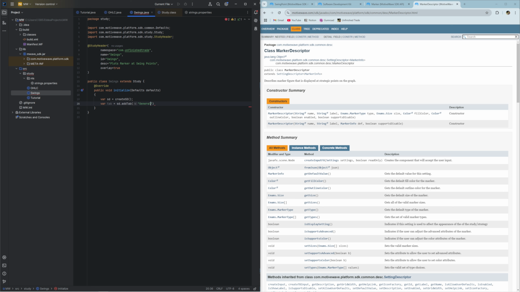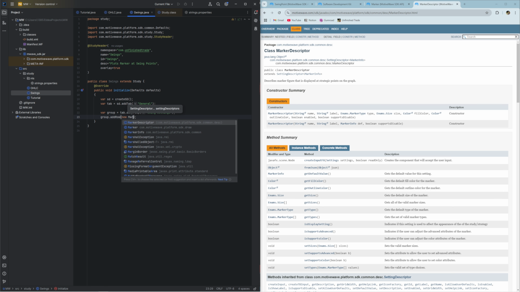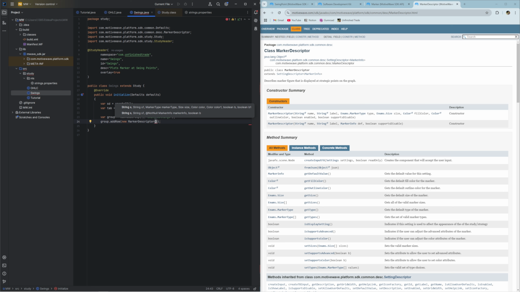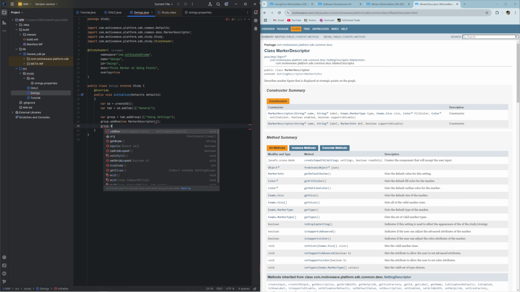We're going to make it a general tab. And then I'm going to do the group, which will be set equal to tab.addGroup. And I'm going to call this swing settings. And then we're going to add the descriptors. So do group.addRow, and the first descriptor is going to be a marker descriptor, and same thing for the second descriptor. They're both going to be